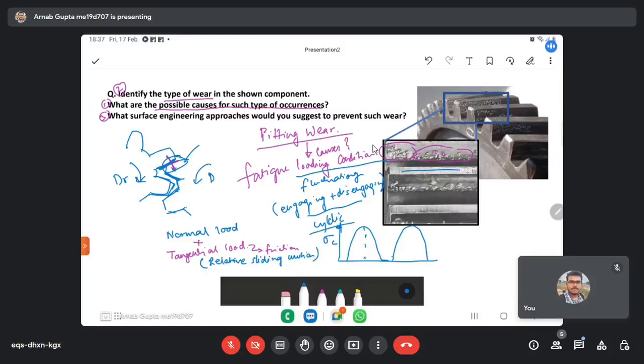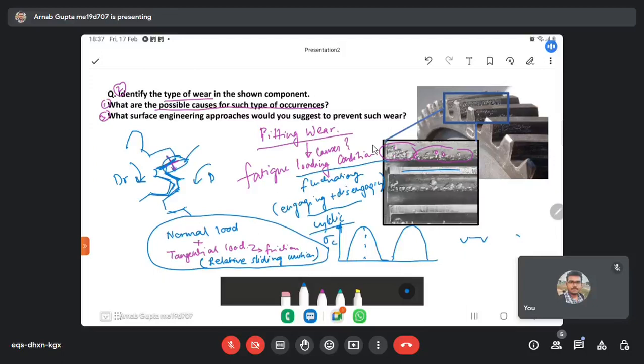So due to these two conditions, you can see small pits or small localized failure of material happening at the surface. So this initially initiates with a small crack